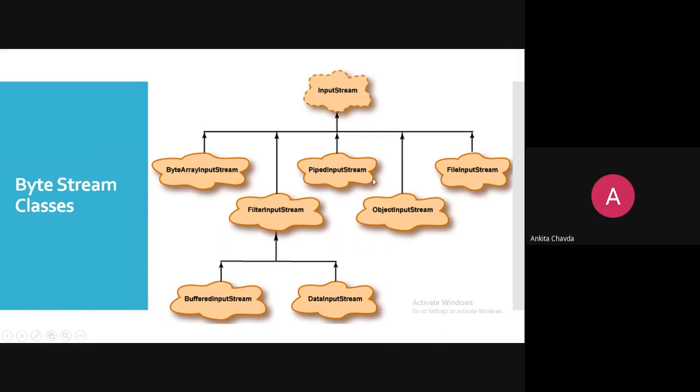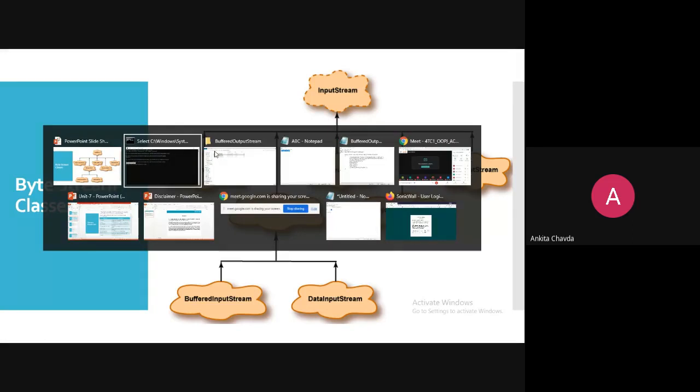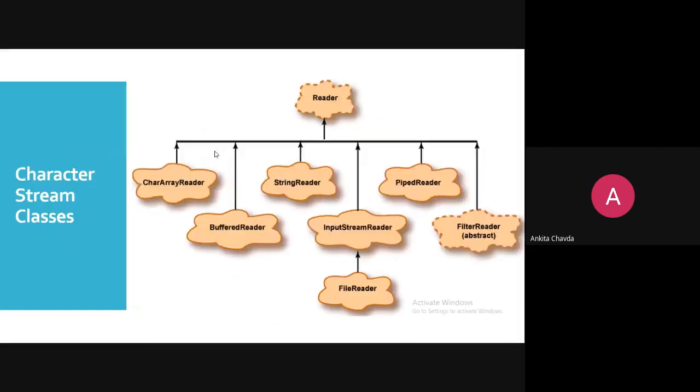And here this PipedInputStream and this ObjectInputStream, they are not so important because we are writing a whole object and all, right? So that is very complex and it is not in our syllabus. So why include those complex methods and everything here? So we are keeping this. You can read it on your own, right? So we have seen InputStream 1, 2, 3, 4, and these 5 classes, right? So now we'll see what the ByteArrayInputStream class is. So again, back to our slide here.